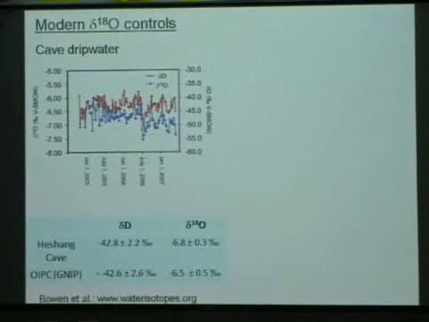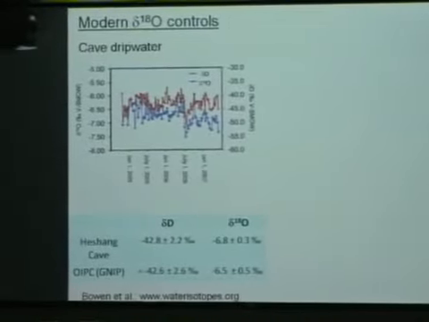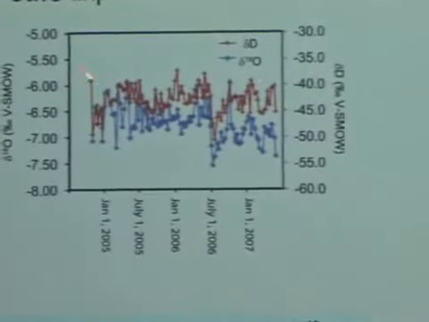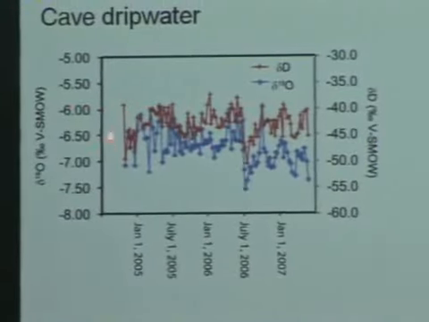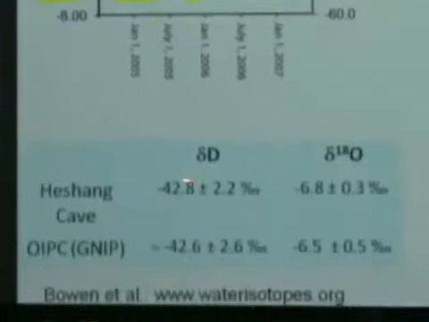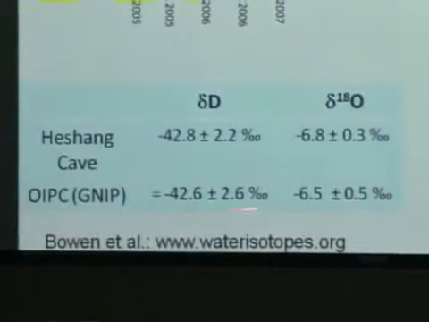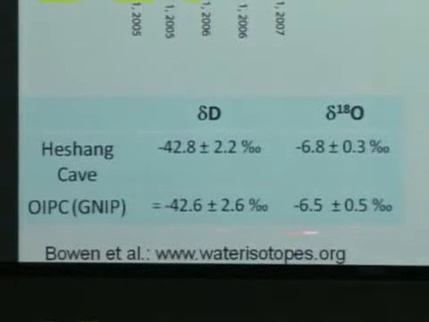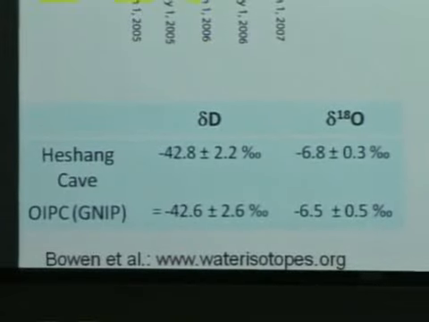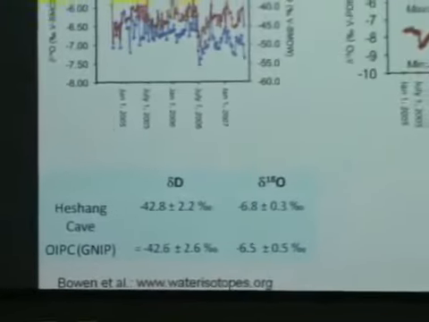We've also looked at how the geochemistry of the water and the calcite varies seasonally. And you can see here, this is the delta D and delta 18 of the water. We see some noise, but we don't see clear seasonal cycles over this 3-year period. But if we look at the mean values, they're very close to those which are predicted from rainfall data from the region. So we think that on average the drip water is reflecting the annual mean rainfall at that site.